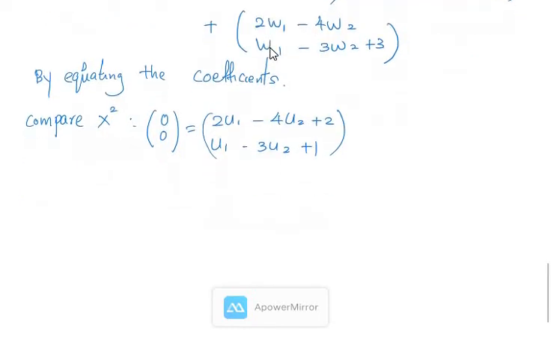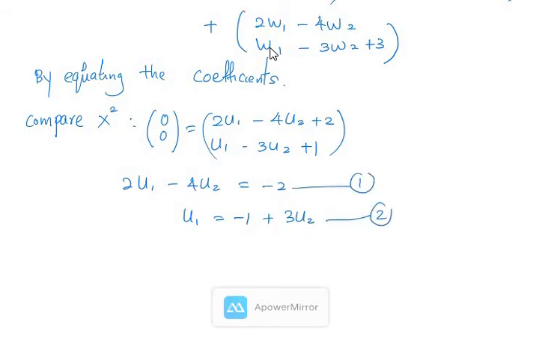Okay, so now I can say that 2u1 minus 4u2 equal to negative 2. So u1 equal to negative 1